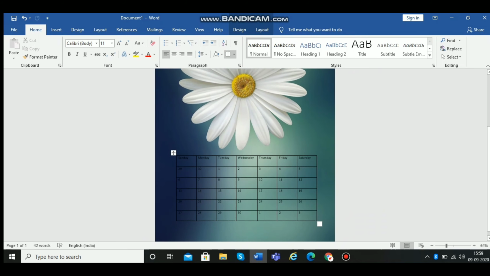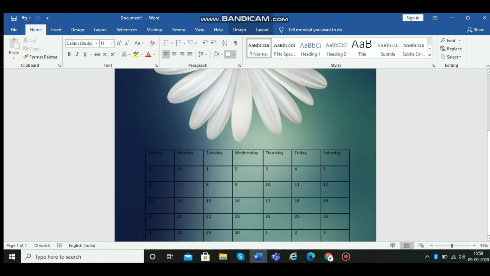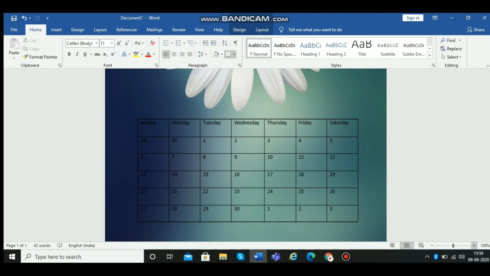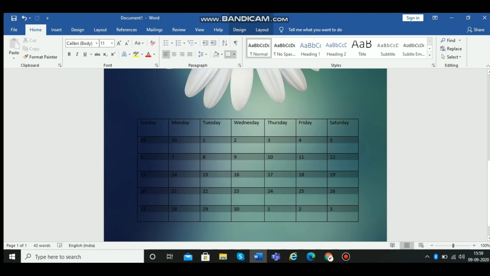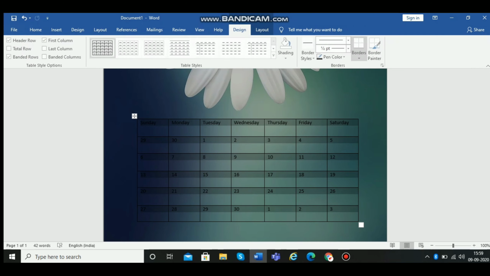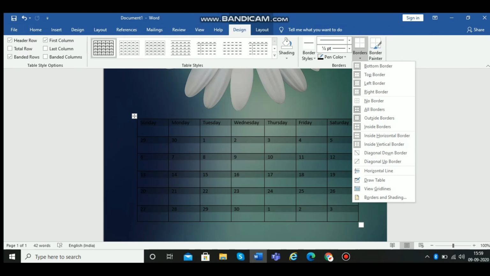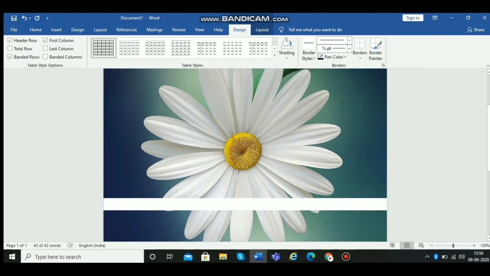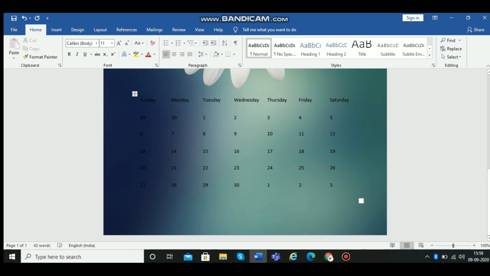And now what we'll do is remove the borders on this image, because then it would not look so good, and when we remove the borders then it would look really good. So for that we have to go on design again and then go on borders and then no borders, click on no borders. Okay, looks good. Now we'll give color to them and a good font size and a good color to them.